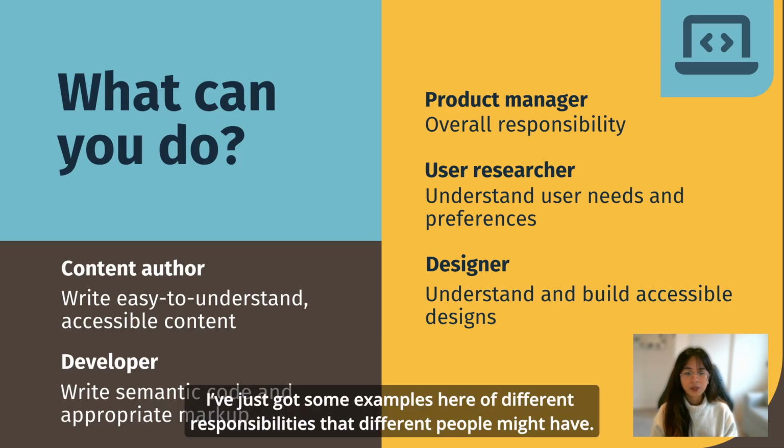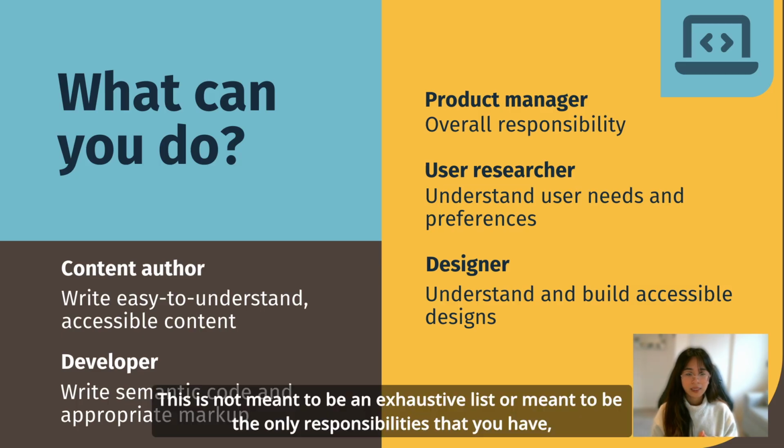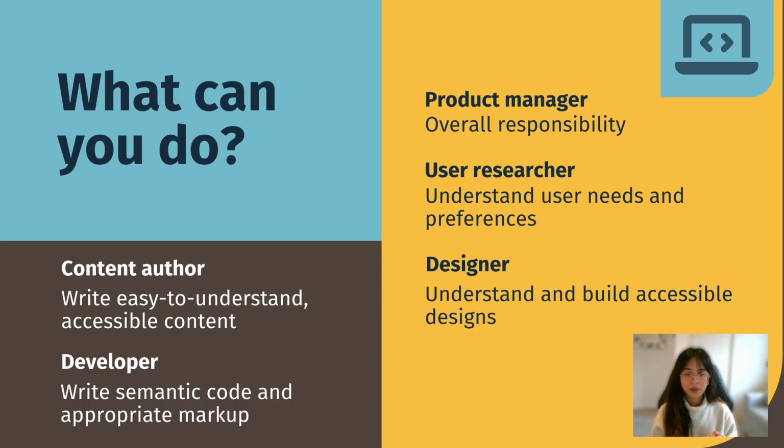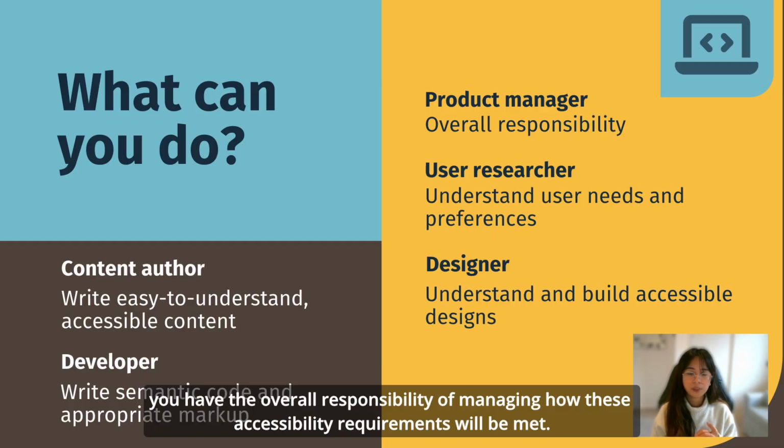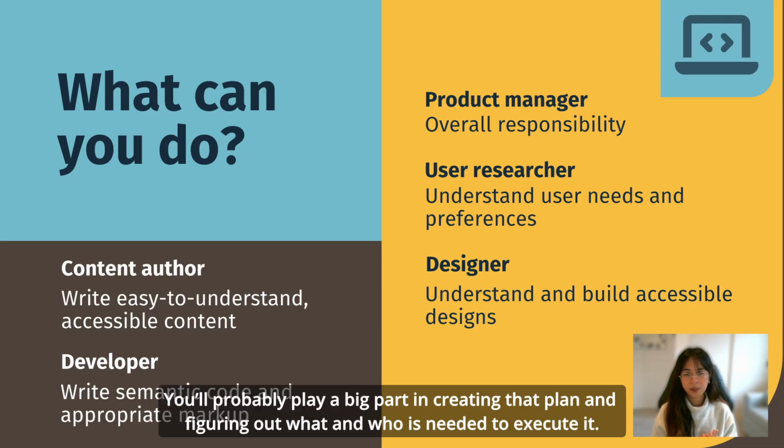So I've just got some examples here of different responsibilities that different people might have. This is not meant to be an exhaustive list or meant to be the only responsibilities that you have, but more so just some ideas on how you can help. So if you are a product manager or a product owner, you have the overall responsibility of managing how these accessibility requirements will be met. So you'll probably play a big part in creating that plan and figuring out what and who is needed to